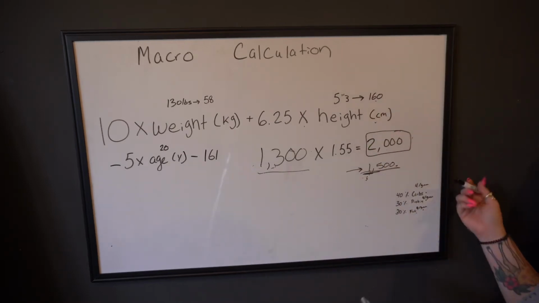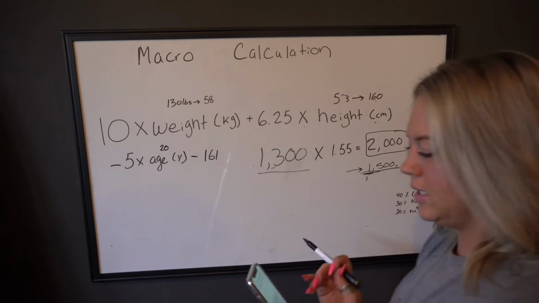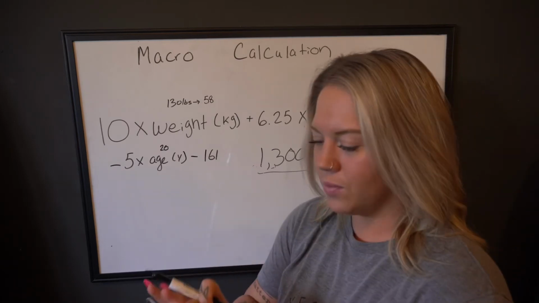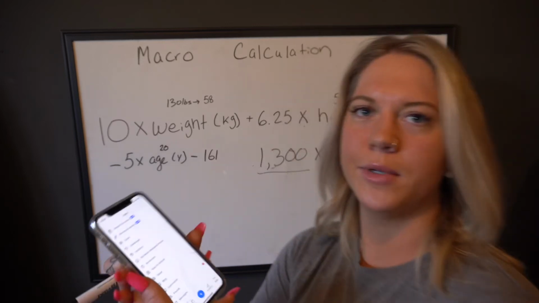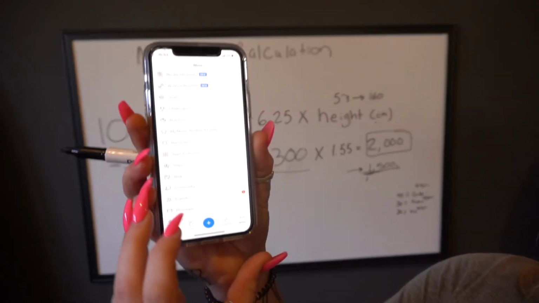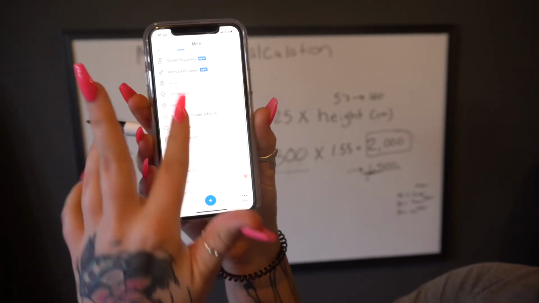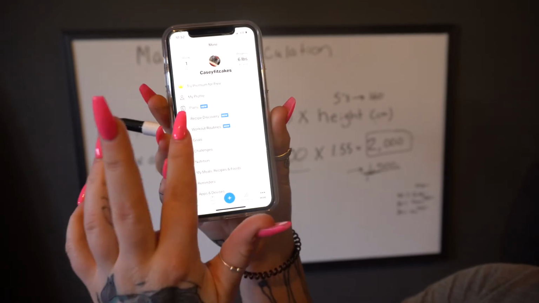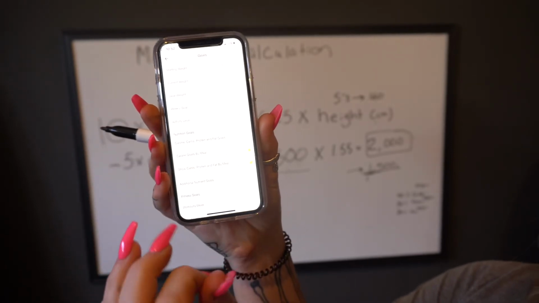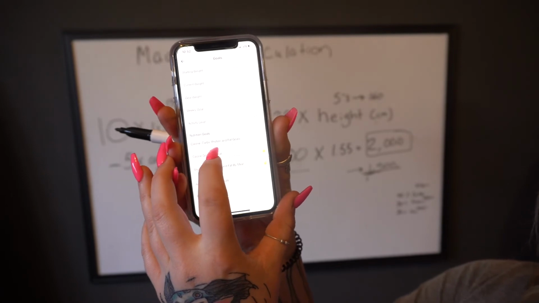Side note. So when you go into MyFitnessPal, which I'm going to show you in just a second here, you will open up the app, and then you're going to go to goals here. So I just open up and I press more, the 3 dots on the side here. You're going to go to goals. And then you're going to come down to the nutrition goals, and you're going to go to calories, carbs, protein,